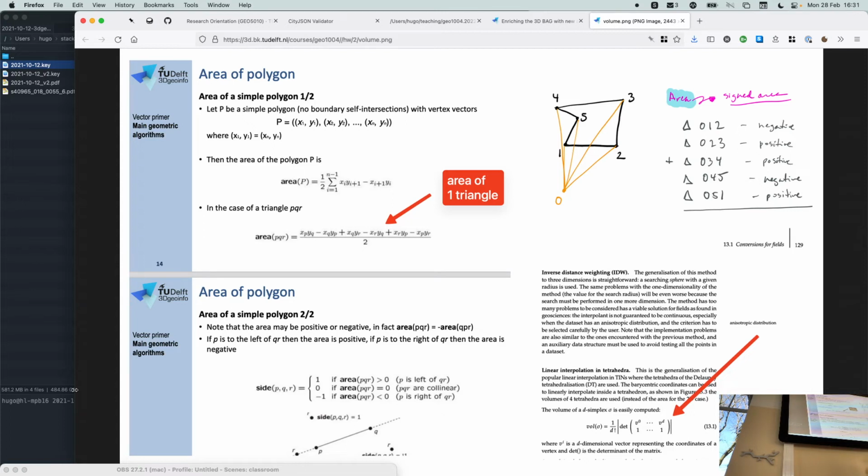But if you calculate the area of 0, 1, 2, then it's going to be clockwise, so negative. 0, 1, 2 is going to be negative here. 0, 2, 3 is going to be negative. 0, 3, 4 is going to be negative. But if you notice, all these triangles are also located outside my area. But then when I do the big one, 0, 4, 5, it's going to be positive.